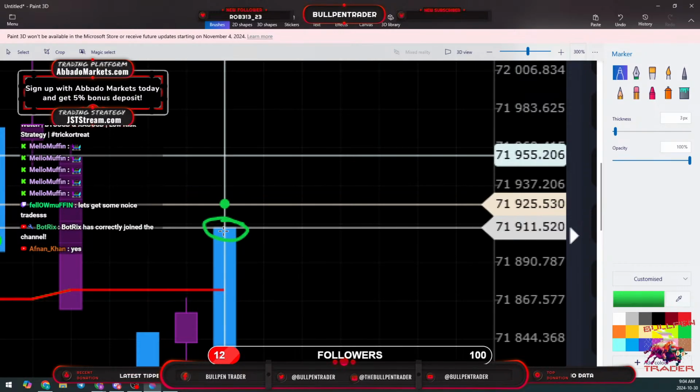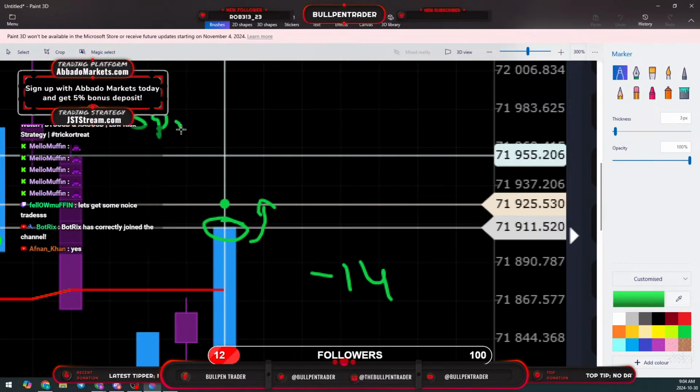So the market needs to move past my entry for me to be in profit. Until it moves that much, I'm going to be in loss. So when I enter my trade it's going to be negative $14, because the spread on Bitcoin, as you remember,